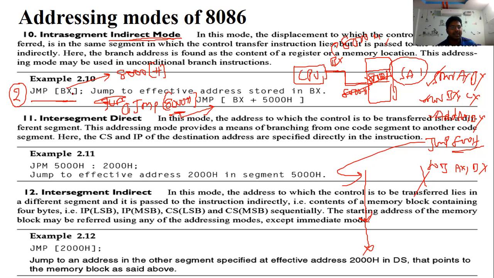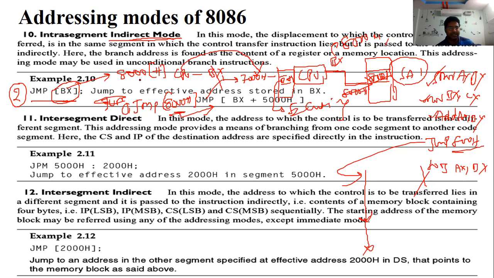This is indirect. Indirect means the instruction is JMP BX, with some value in BX. First of all, how does the microprocessor operate? The CPU points to BX first. BX has some value, for suppose 7000. So the microprocessor identifies the 7000 memory location, points to that memory location, and starts executing the data it has. This is a two-step process. In the direct case, the microprocessor directly points to the location, so this step is avoided.